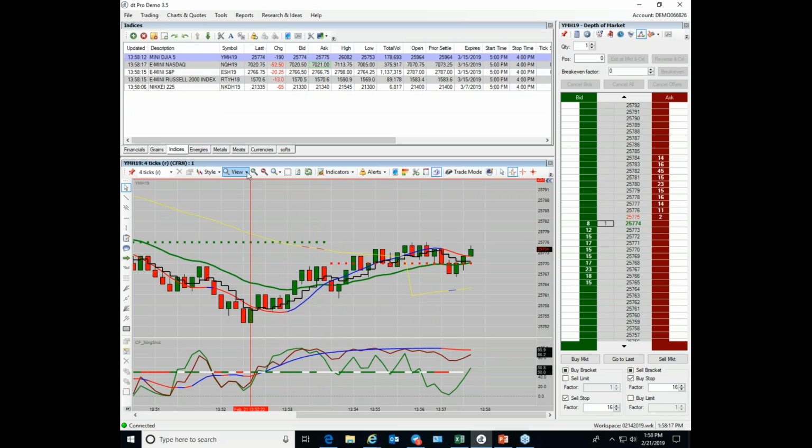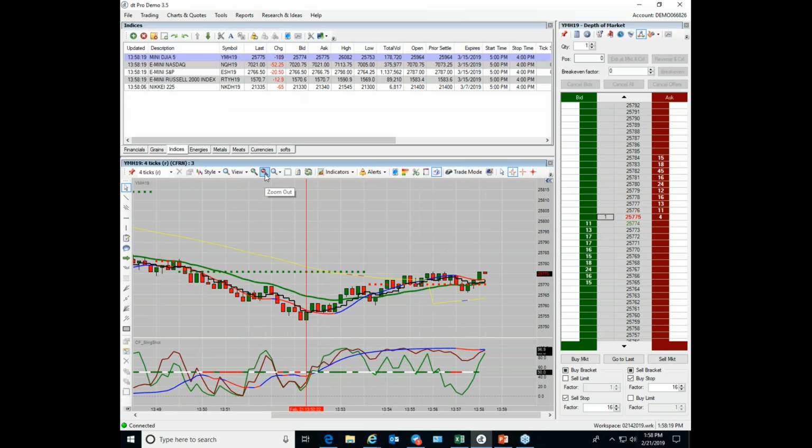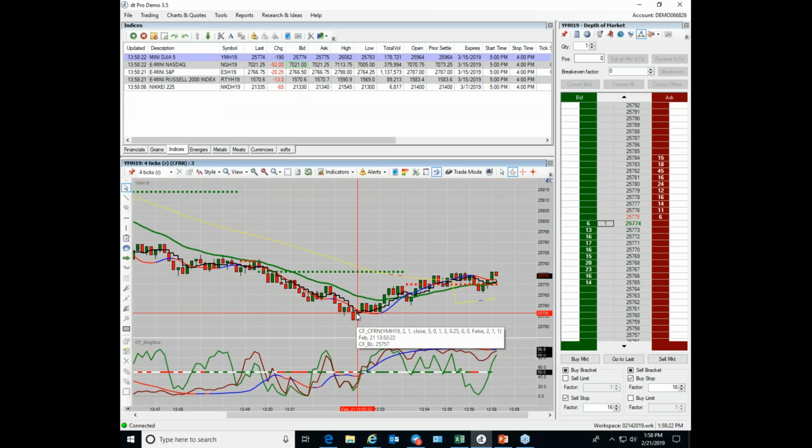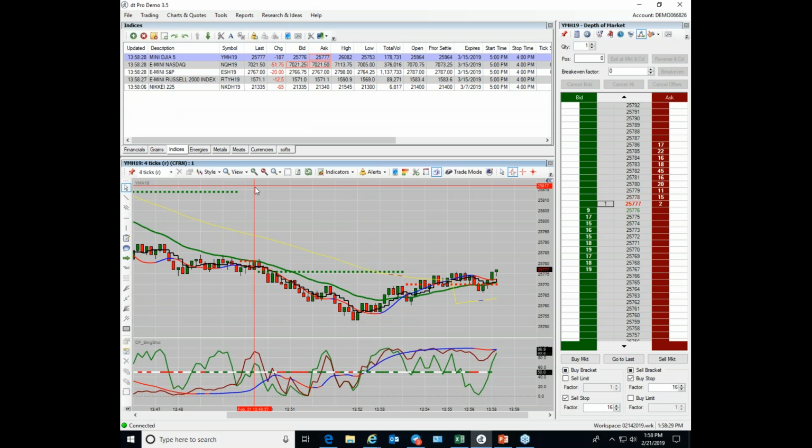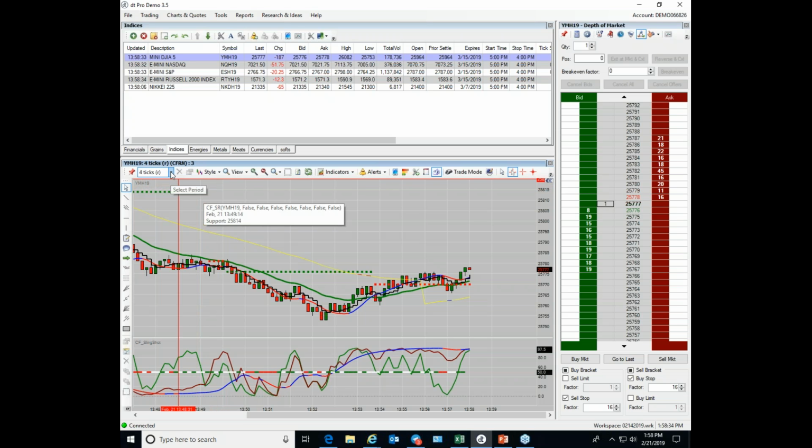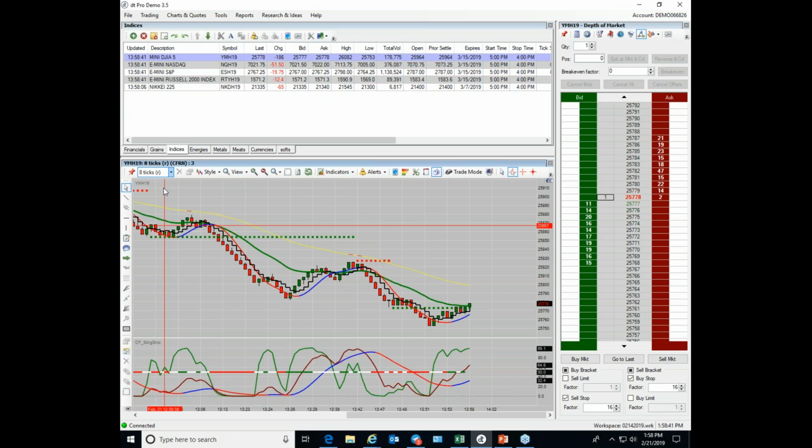The YM, the mini Dow. I want to tweak something here with you guys. The YM moves fast. The NASDAQ moves fast. But some guys just, that's what they want to trade. So an idea for you guys, if you're the YM junkies, that's cool. Go to the 8-tick range chart. Change the time frame from a 4-tick range to an 8-tick range. The only difference, and you notice how my bracket is set up,